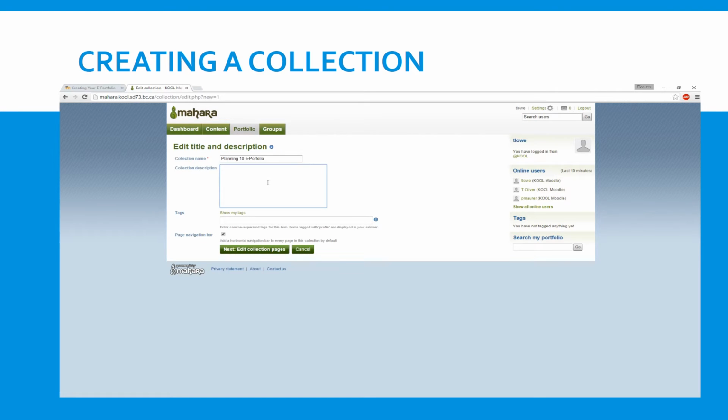And then you can do a little bit of a description. This is a collection of all 3 pages of my Planning 10 e-portfolio, or something along those lines. It shouldn't be the exact description that I give. So don't need to tag anything, and then we just hit